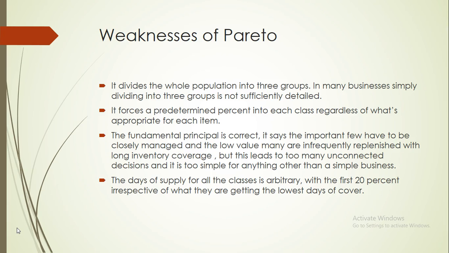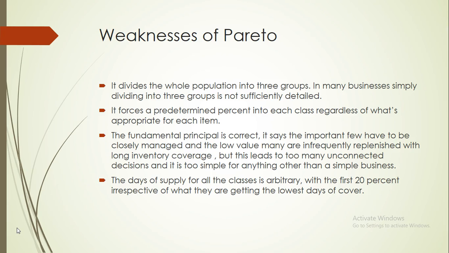The fundamental principle of Pareto is correct: the important few have to be closely managed, and the low-value many are infrequently replenished with long inventory coverage. But this leads to too many unconnected decisions, and it is too simple for anything other than a simple business,